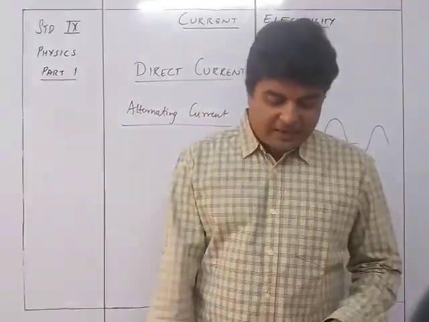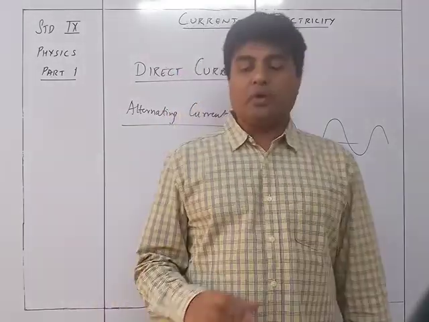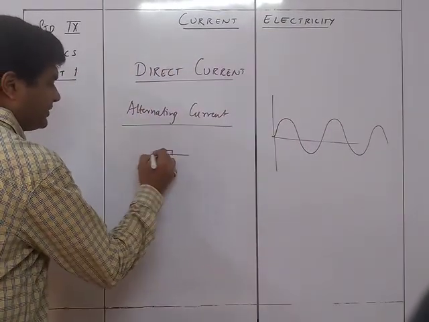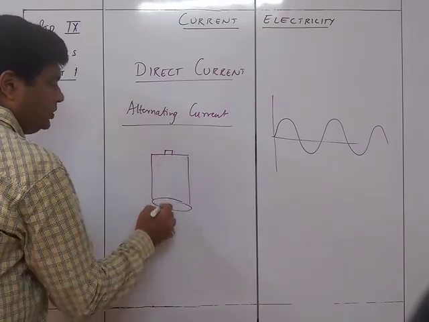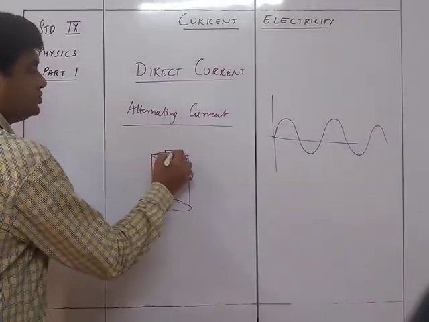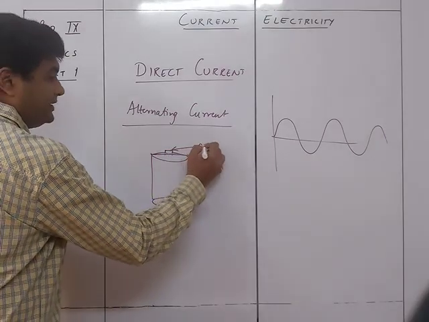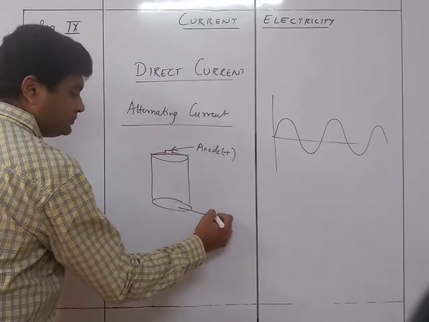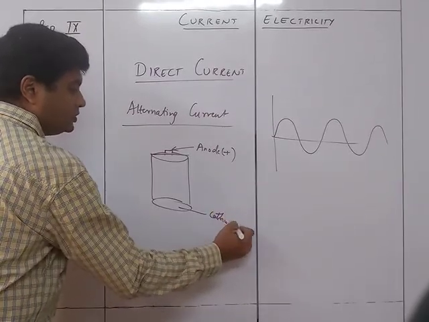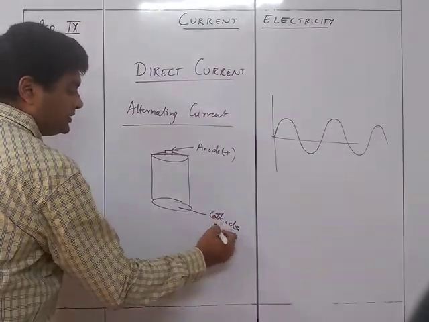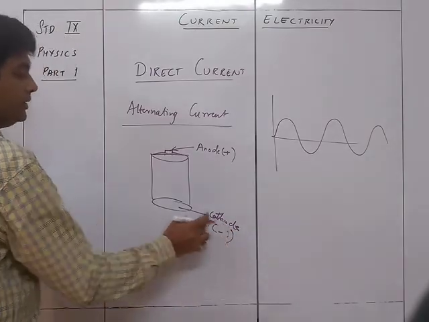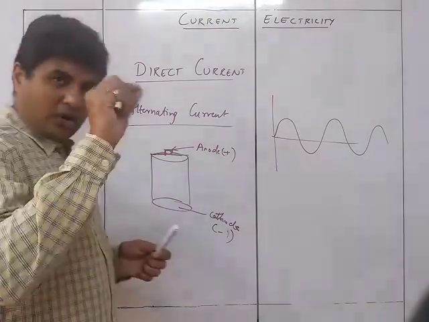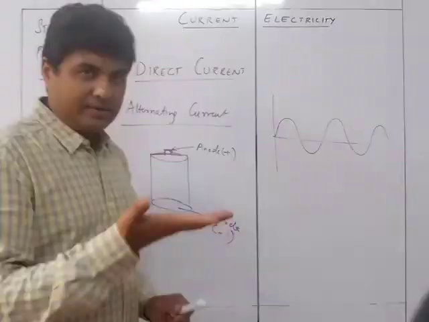So you can see that in a battery it will always be this way. If I take a battery, inside the battery it is something like this. So this over here is the anode, that is the positive terminal. This is the positive terminal, anode, and this is the cathode. So anode and cathode are the positive and negative terminals of the battery. This part which comes out is the positive terminal,